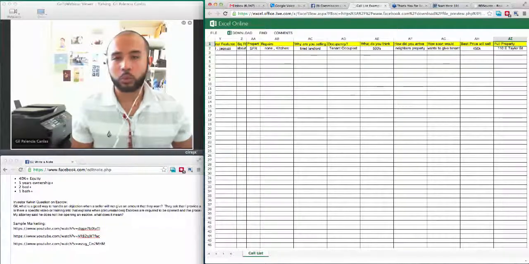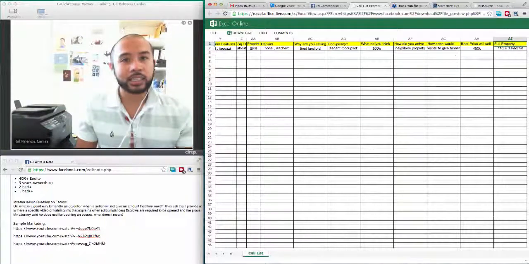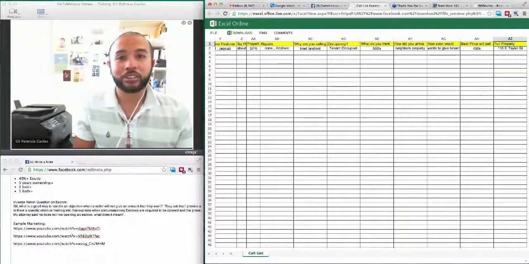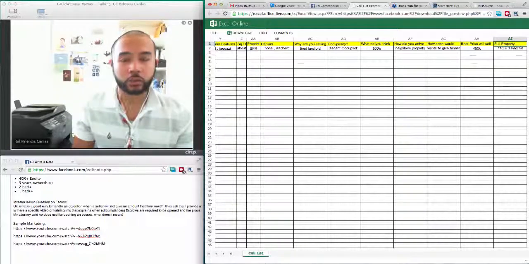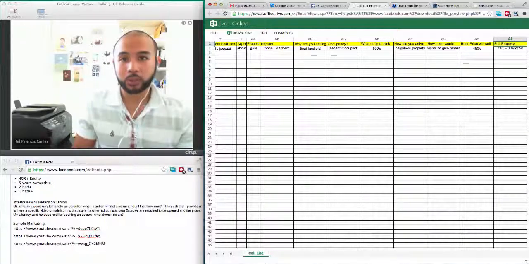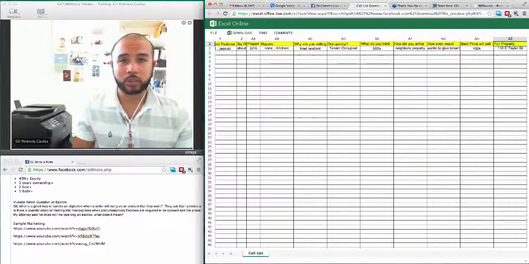Just give me a ballpark figure on what you want for the property so I know that we're in the same game, right? At the very least, Toya, I want to make sure this is a property that you are in fact considering selling, since we are looking to move within the next 30 days or take action fairly quickly, right? Did you have a ballpark figure? Have you thought about it before?